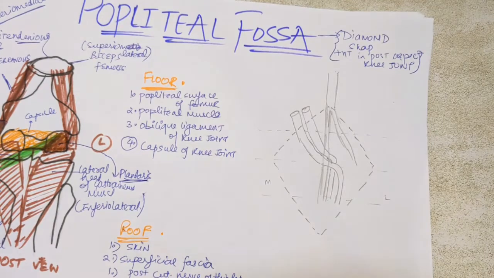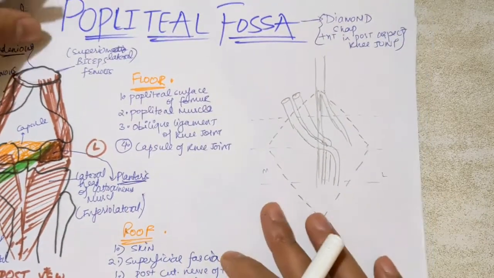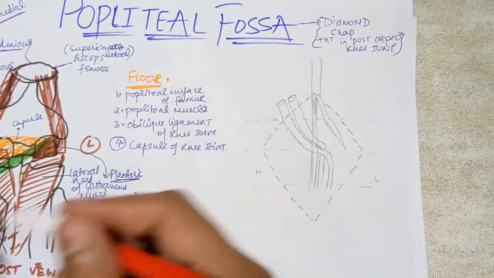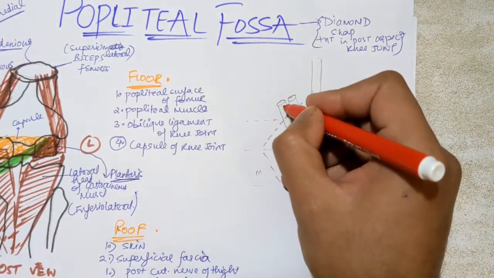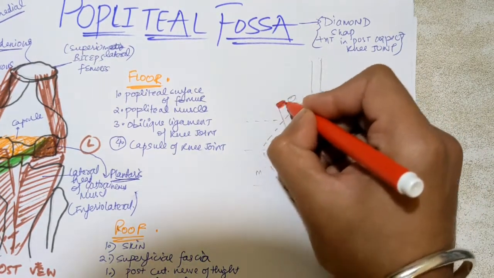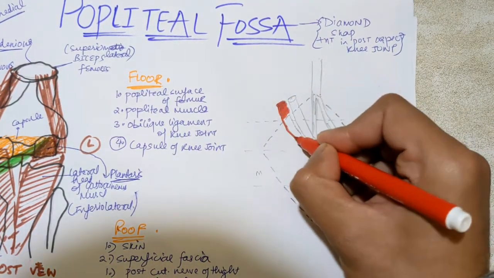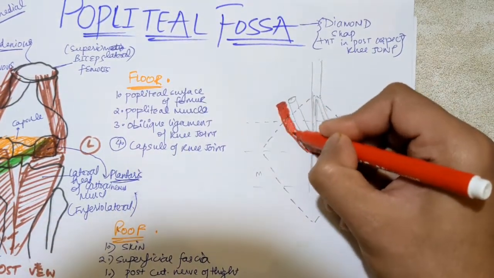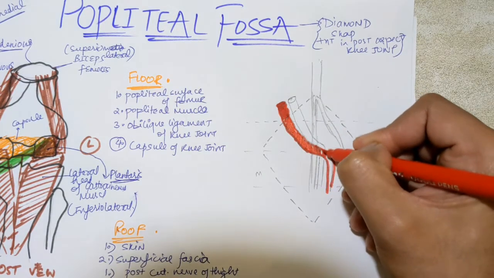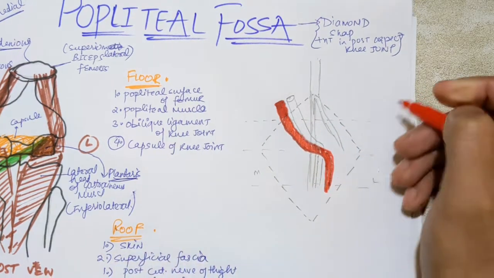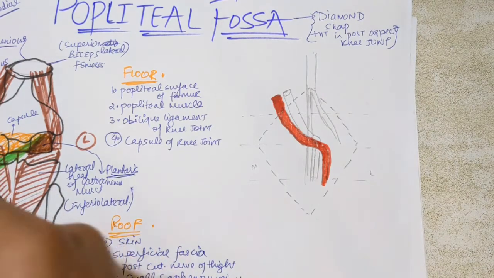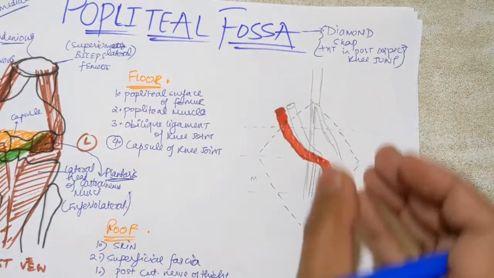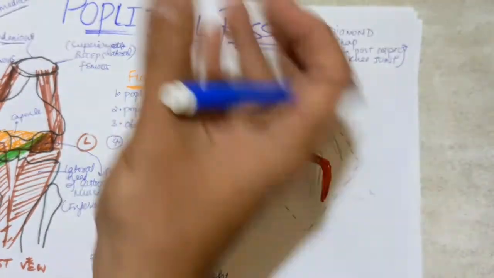You know that there is the femoral artery. The femoral artery pierces the adductor hiatus, and your adductor hiatus opens in the popliteal fossa. So this is actually your femoral artery continuing as the popliteal artery. So this is your popliteal artery. It is the first structure in the popliteal fossa. And the popliteal vein, which will be draining blood from the lower limb and draining into the femoral vein, which is going through the adductor hiatus.